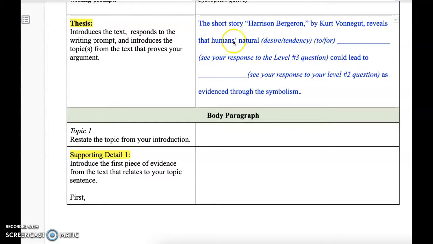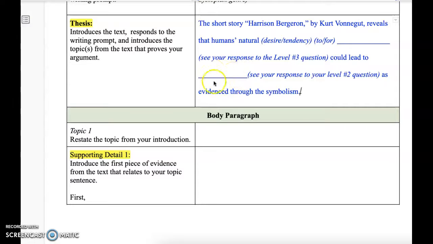So this one says, the short story Harrison Bergeron by Kurt Vonnegut reveals that humans' natural, and you can say desire or tendency to or for, and think about what humans are maybe desiring more. And it says, see your response to level 3 question, and that's from the last assignment, could lead to, and then you're going to see your response to your level 2 question, and that's the one we just talked about.